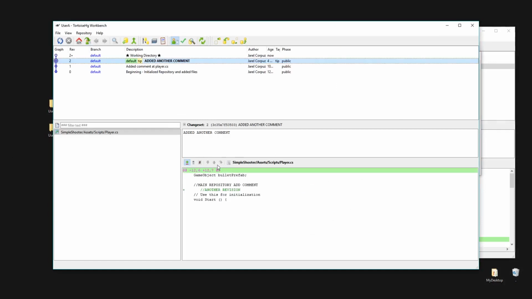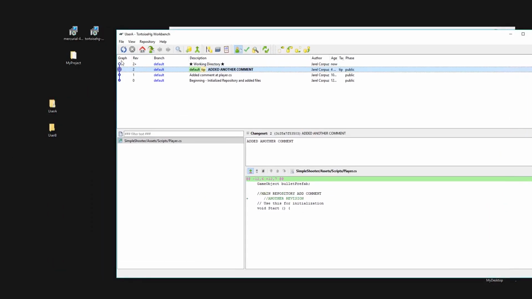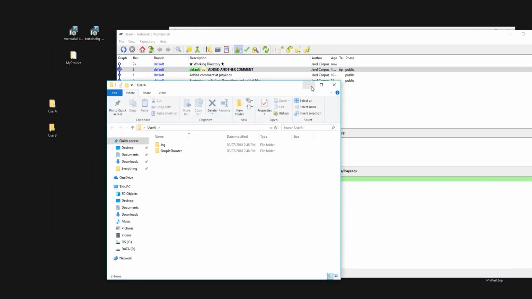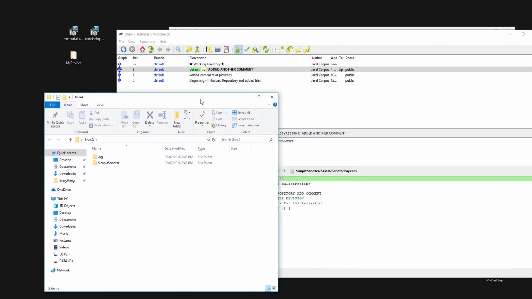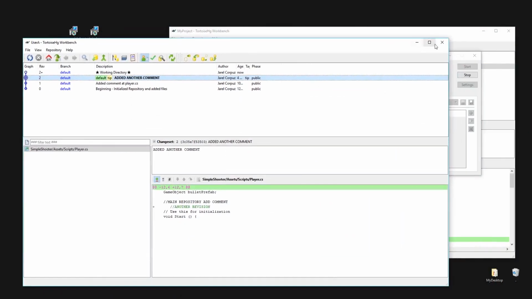Did it work? Oh, it worked! Actually, it worked. I didn't expect it to, but it worked. So, yes, it worked. So, that's the proper way of